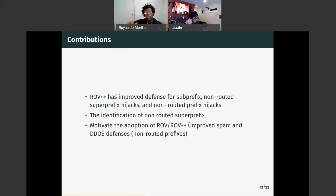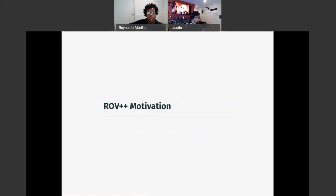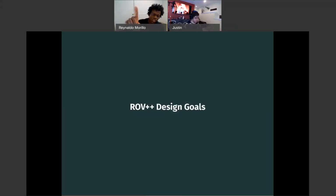So, ROV improves defenses against these particular kinds of attacks, and we also identify this non-routed superprefix attack, and we motivate the adoption of ROV and ROV++ to improve the defenses for spam and DDoS, particularly with respect to non-routed prefixes. So let's get into some motivation for ROV++, and we're going to start that off with our